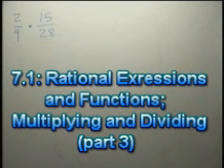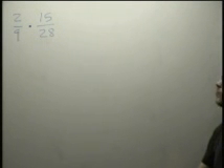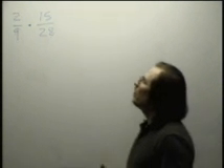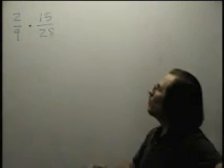In addition to simplifying fractions, we can also multiply and divide fractions. And so that's going to tell us how to multiply and divide rational expressions as well. If we have 2/9 multiplied by 15/28,